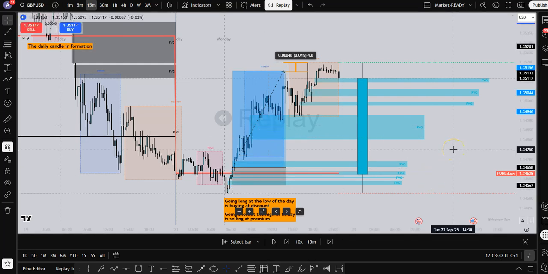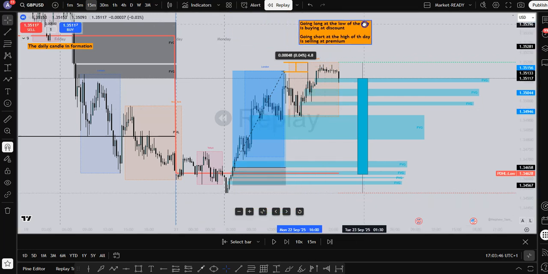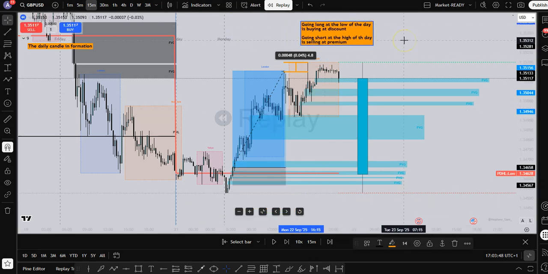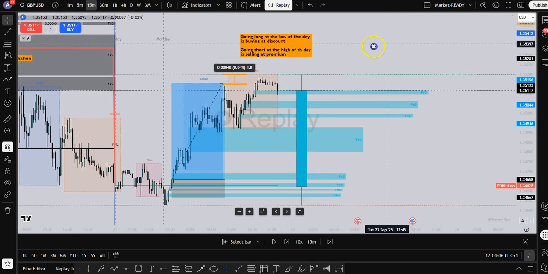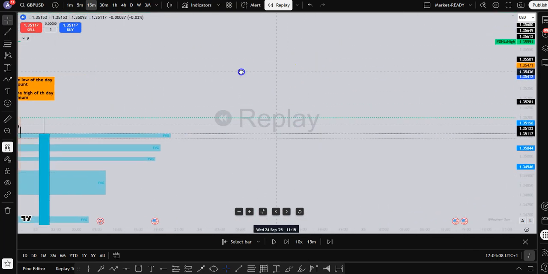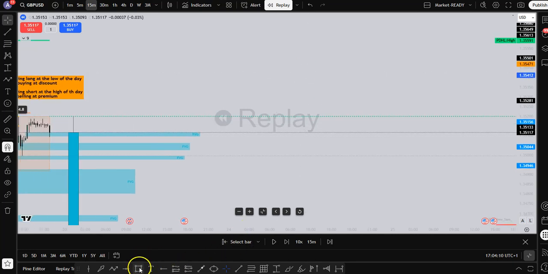I hope you get the idea about premium and discount, and how observing the current daily candle and buying at discount in a long position, and selling at premium in a short position, is extremely important. And this is my reversal entry model, which is simply we have